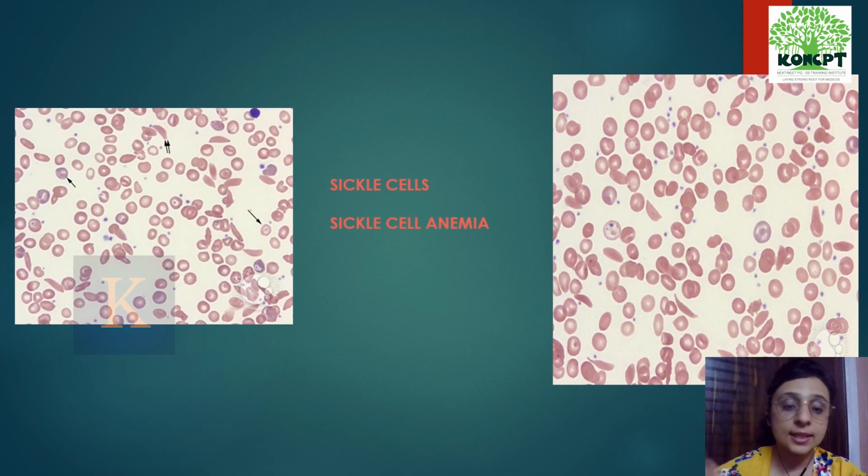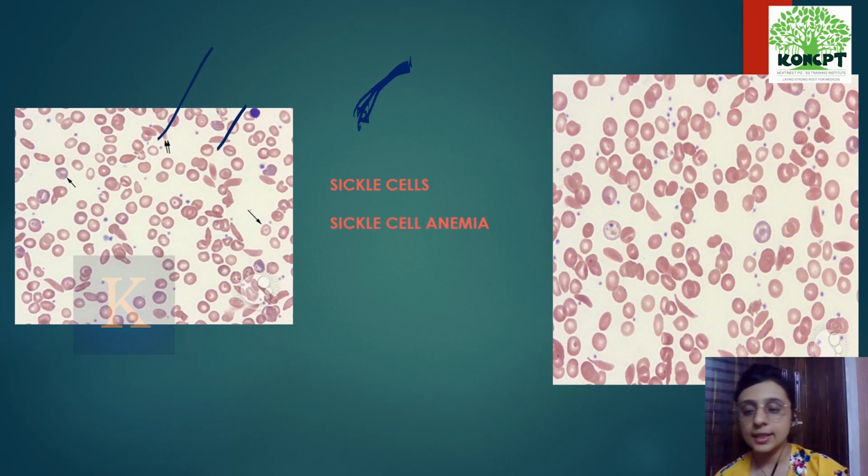Right. Next are sickle cells. Can you see these characteristic pointed ends? Right? These are the characteristic sickle cells seen in sickle cell anemia. So we have just introduced the concept of how different types of cells look under the PBF. In our subsequent classes, we will go into the detailed RBC disorders and the subsequent basics of hematology. Thank you.